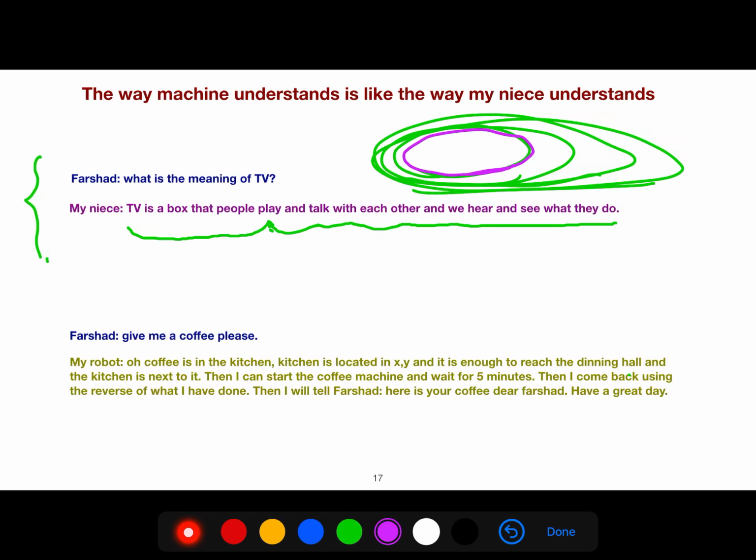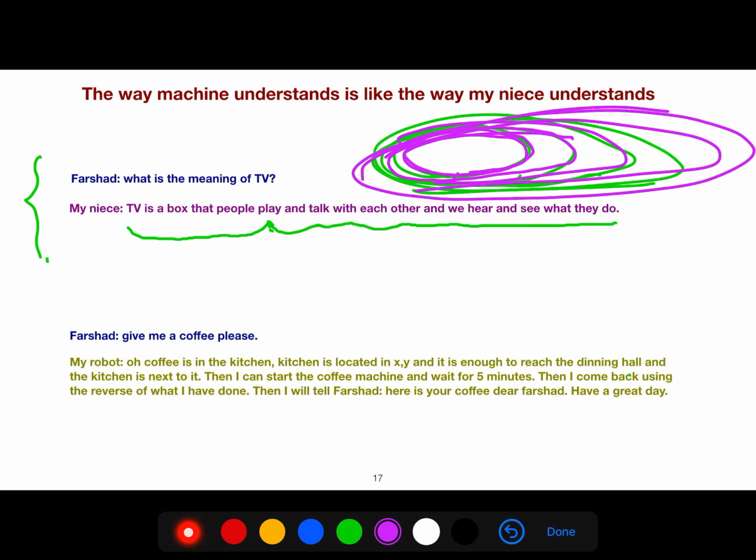So our basic neural networks here, then when we add lots of, for example, after 1,000 tasks, we have more complex structure, and gradually it develops sophisticated ideas. And another conversation between me and my robot, when I say give me a coffee please, my